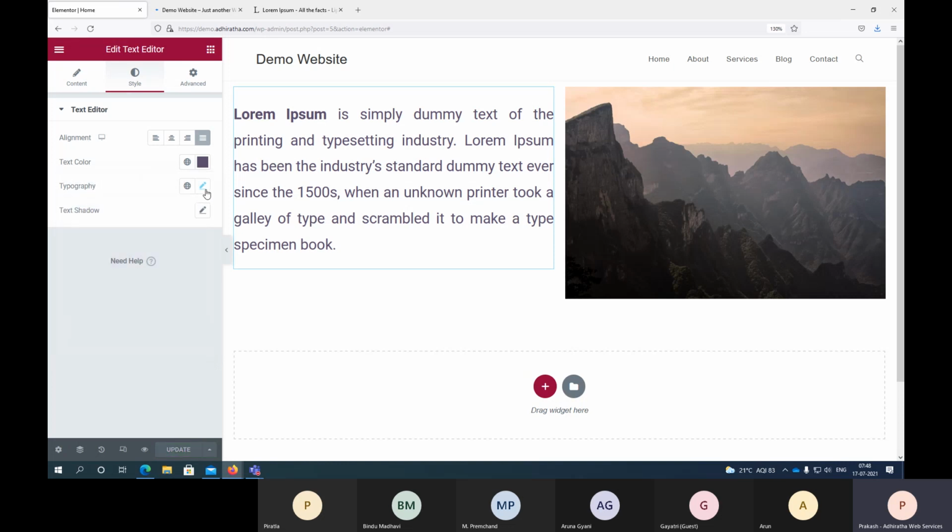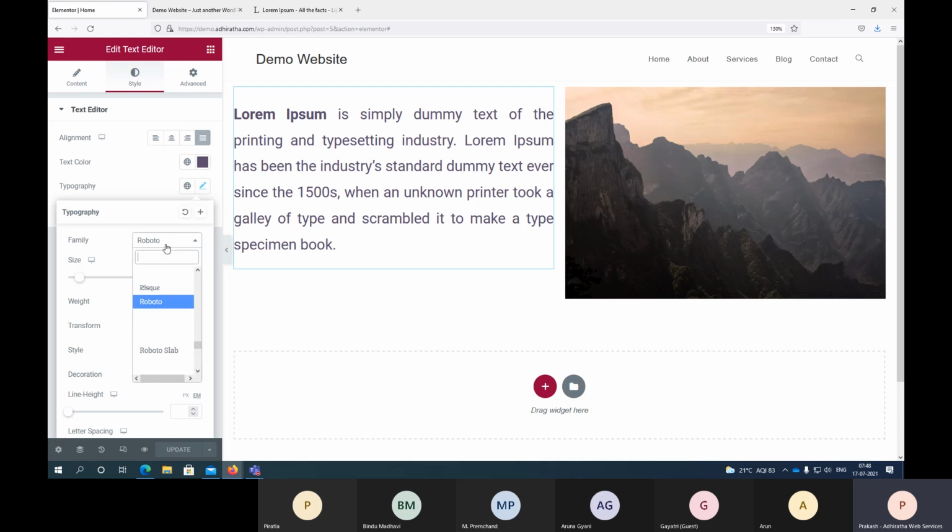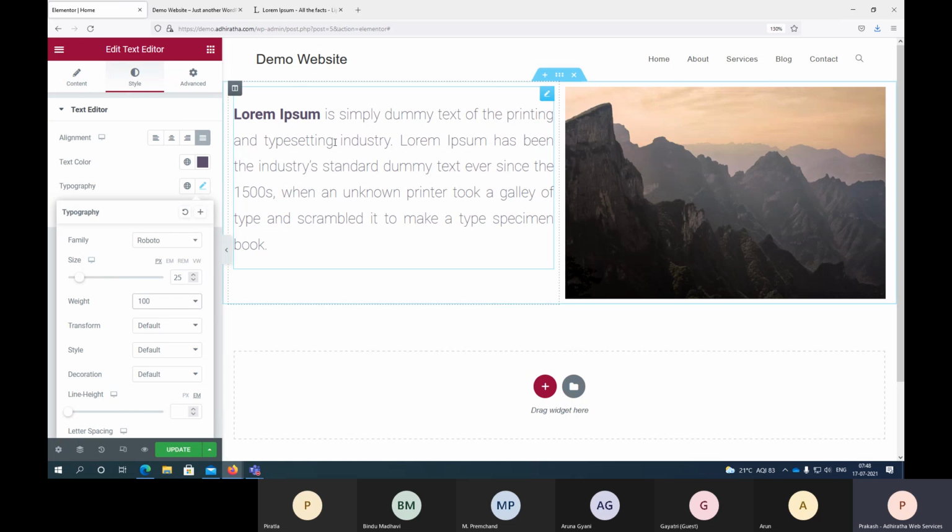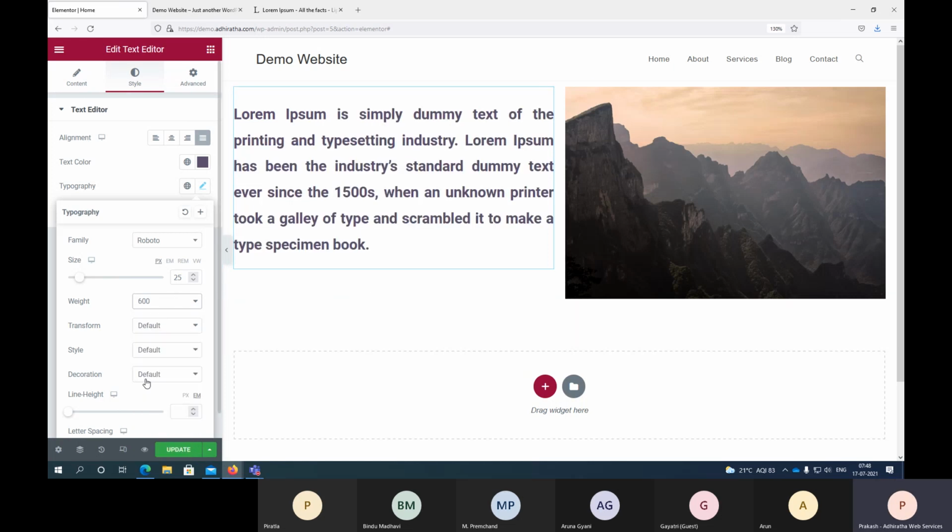Now next is typography. In typography, you can select the different fonts here. Then you have a size option. The size you can just drag and choose how much you want. Then there is something called weight. What is this? It is a kind of bold. How much bold you need? Right now it's at 400. If I put it at 100, say this. What I'll do, I'll change it to 600. So right now how it looks. So this is called weight. So maybe 500. Okay, I think 400 is sufficient for us.